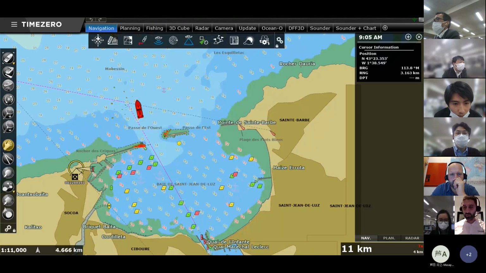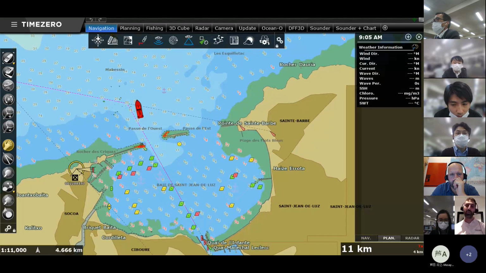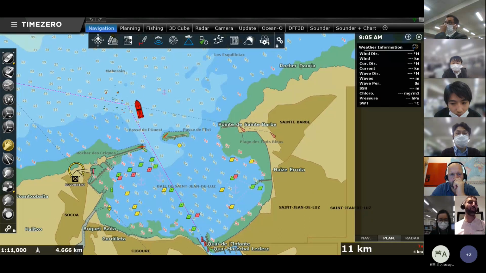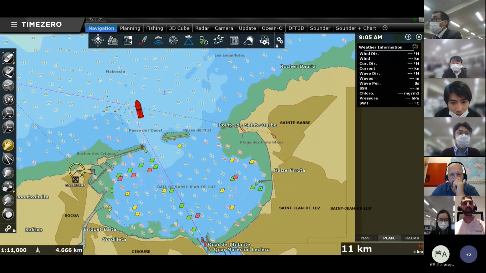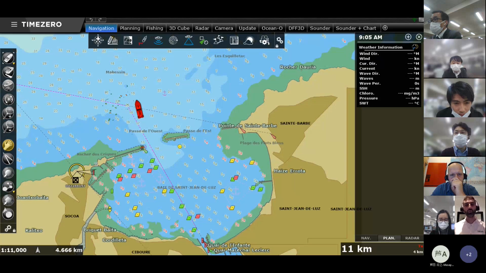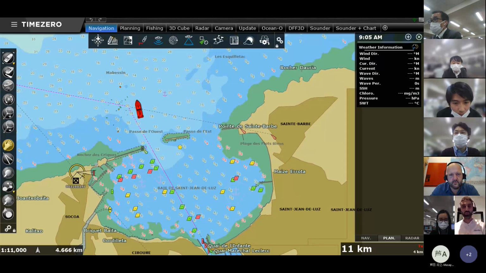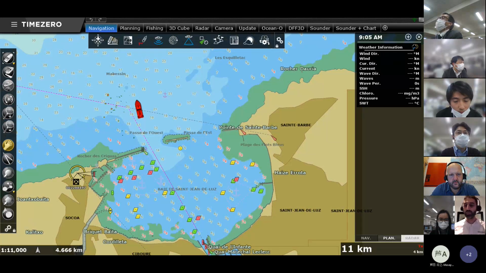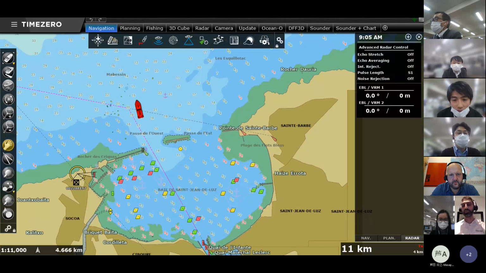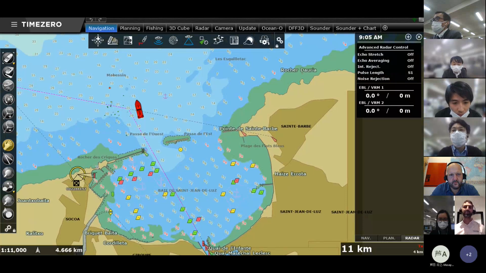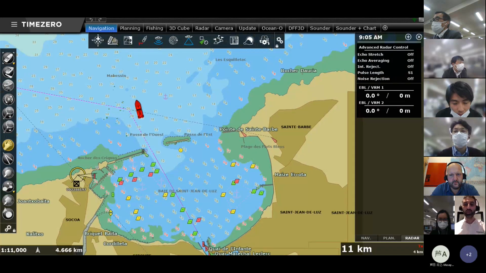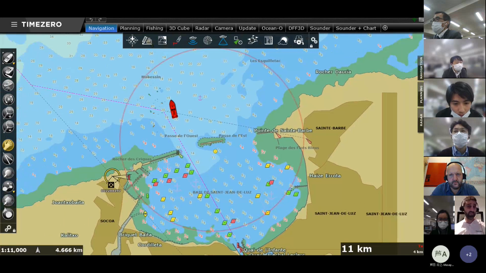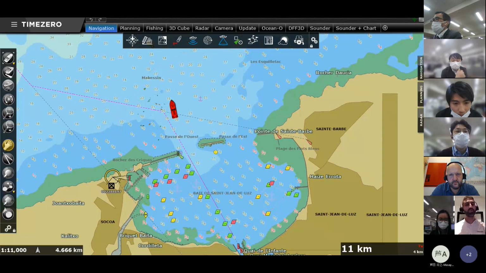The second part is the planning nav data. Here it will mainly be weather information. We will see later that you have the possibility to download weather data in Time Zero, and you will be able to display the data in that nav data sidebar as well. And then the radar nav data. Here you will be able to see the settings of your radar and control it directly from Time Zero. So I would say that this is basically how Time Zero is designed.